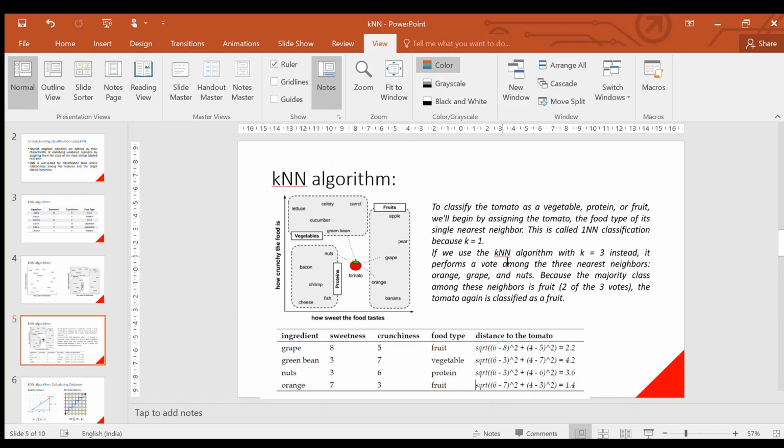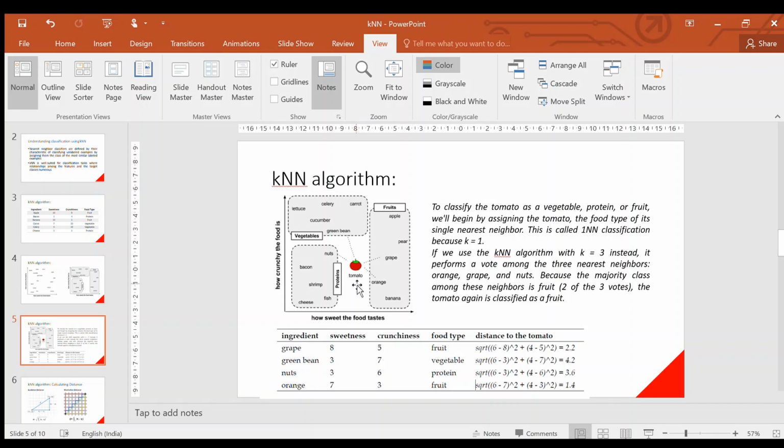So one can ask, what if we take the highest k value, that is, we include all of them? That should not be done. Suppose we have 5 data points from protein, 5 from vegetable, and 5 from fruit, so k equals 15. There is a chance that tomato will become part of the group which has the highest number of data points. Suppose protein has 8 elements and vegetable and fruit have only 5.